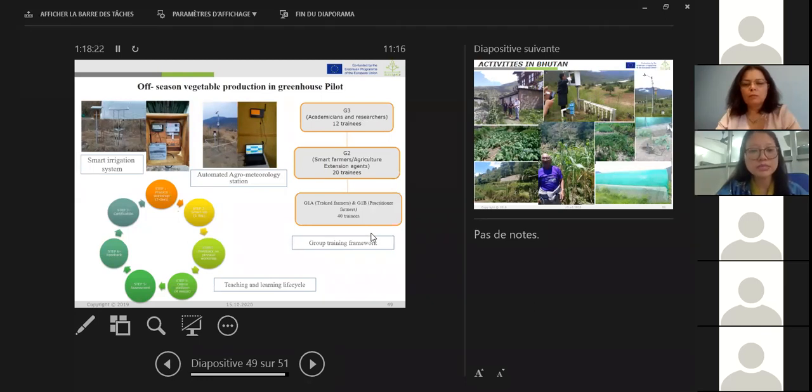Here, smart farmers are the agriculture extension agents who are actually looking after the crops or the agriculture activity at the block level, and they are part of a government agency, particularly the Ministry of Agriculture. From there we are planning to have 20 of them from Punakha and Wangdi. These are the two districts from where we want to bring in 20 extension agents who would become our smart farmers. And so after the training, later on this would